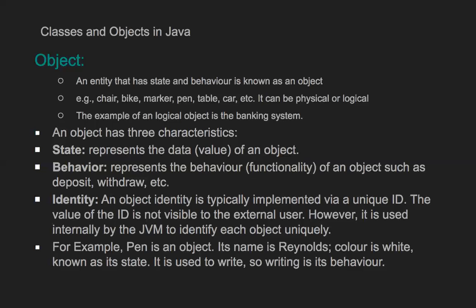So what have we talked about till now? We talked about the state and behavior, right? If we take the banking system for an ATM, there is an ATM machine and there is cash. This is the data of the object. There is an IFSC, there is current. So this is the data of the ATM. And what is the behavior of the ATM?